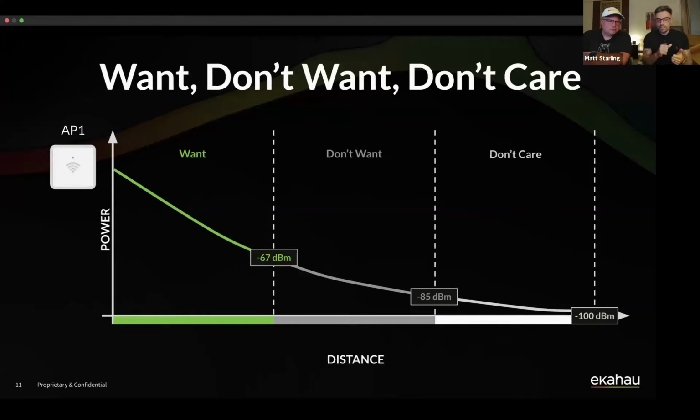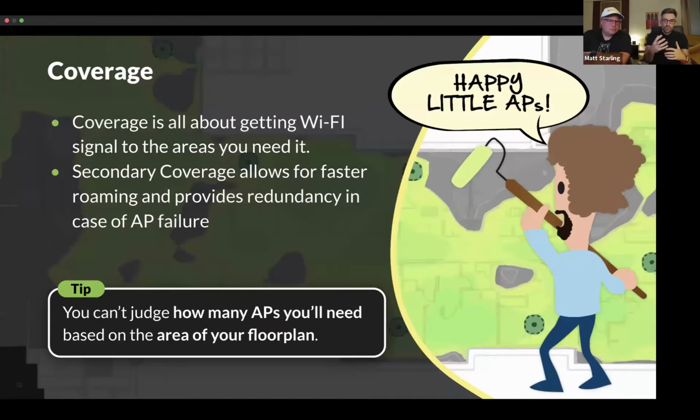So you don't have a great signal strength, and you don't get to access the medium to yourself if you're sharing it with another access point. So that's kind of why we want to achieve that from a primary coverage perspective, and why we say from a secondary coverage perspective, we look to achieve access points being able to hear each other at that -67 dBm or greater is for two reasons.